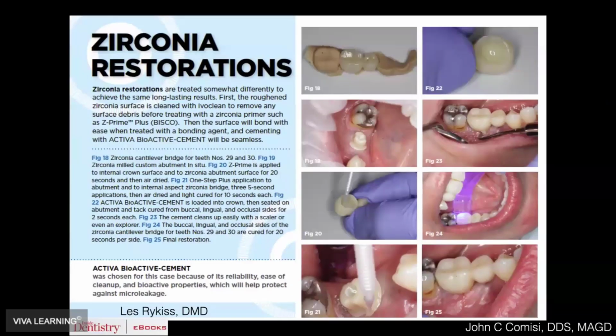This is a nice article by my friend Les Reichris that was published and demonstrated in Inside Dentistry a while back in this ebook, showing the various steps that he put into it. In the top figure, number 18, you see the crowns on the model that returned back from the laboratory. Everything nowadays, when you're digitally scanning, comes back on a printed model, which is really kind of nice. You can see how well the crowns actually fit onto the dies that are present there.